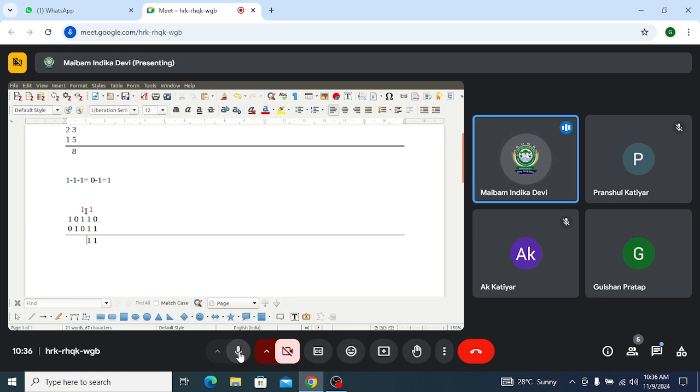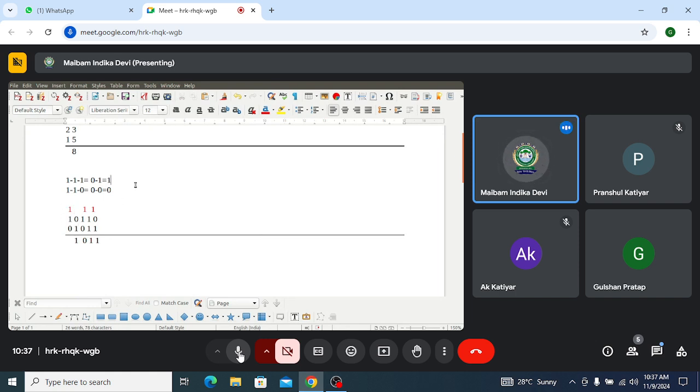Now what will be the answer for this? 1 minus 1 is 0. 0 minus 0 will be 0. For this, 1 minus 1 minus 0 equals what? 1 minus 1 is 0. You are left with minus 0. 0 minus 0 will be 0. So here no borrow is involved. Again for this one, 0 minus 1, the answer is 1. But you have a borrow, so that will be given back out here. So this is a borrow that comes from this subtraction.